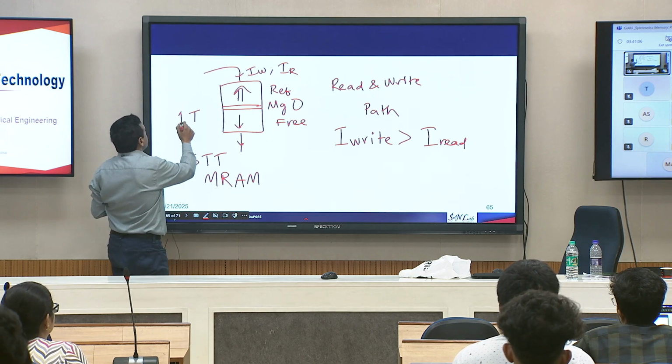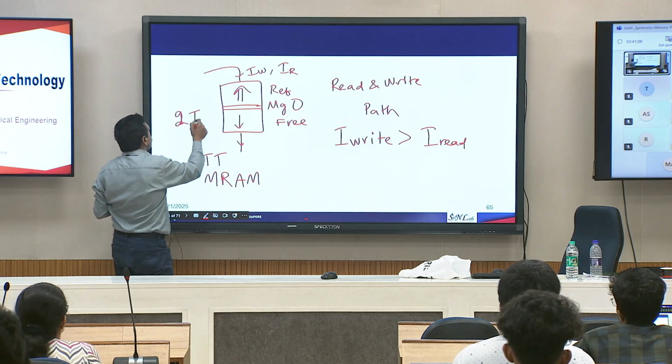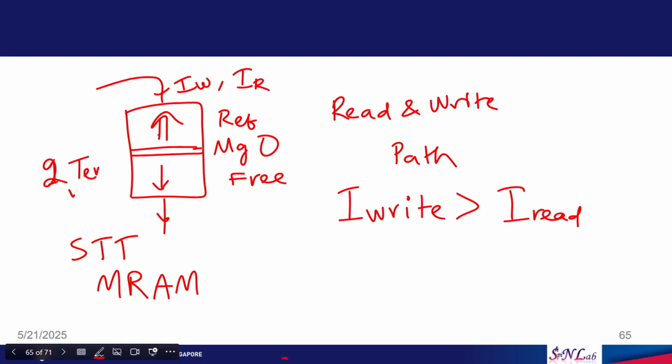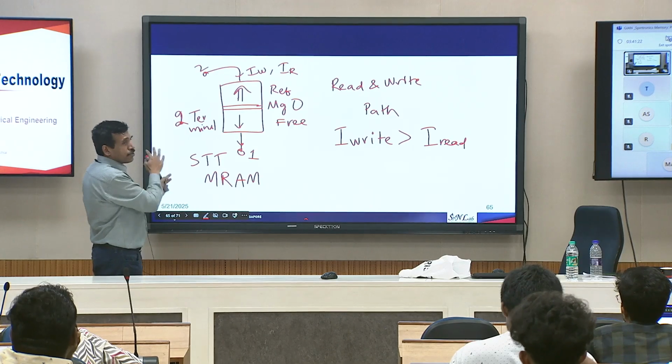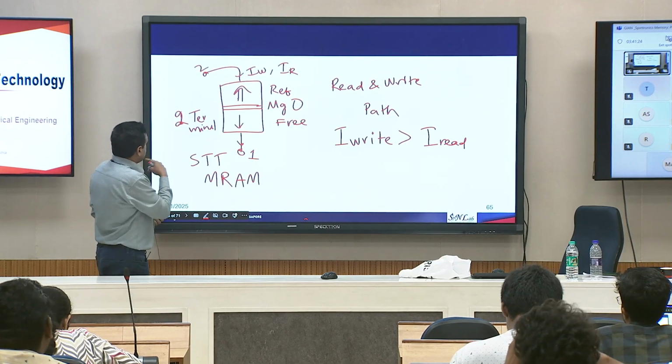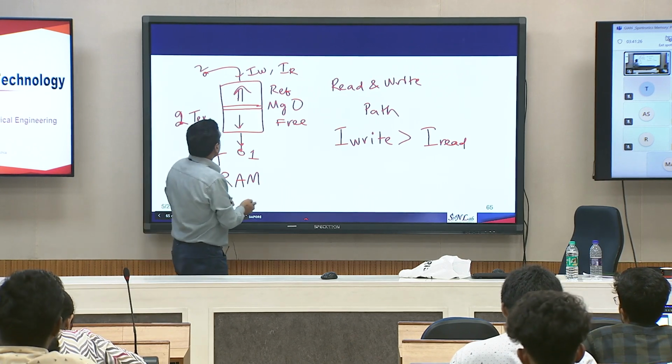So, basically you need only two terminals. Okay. So, let us use this word, you need only two terminals, terminal 1, terminal 2. With just two terminals you can read and write information. Okay. So, it is less complex. But the problem with this design is,